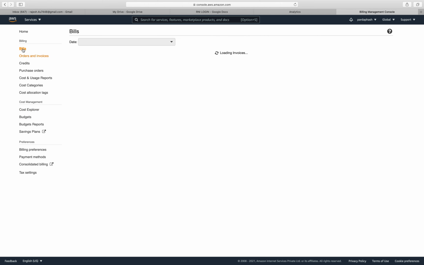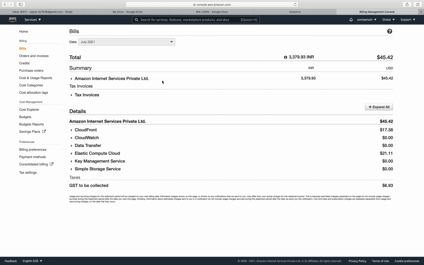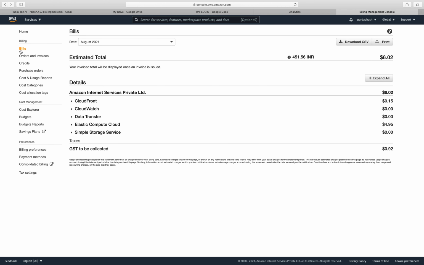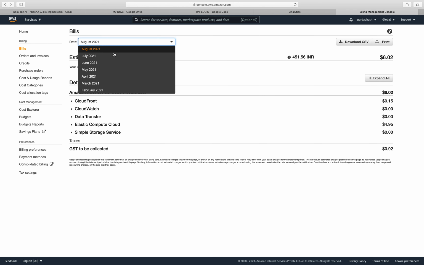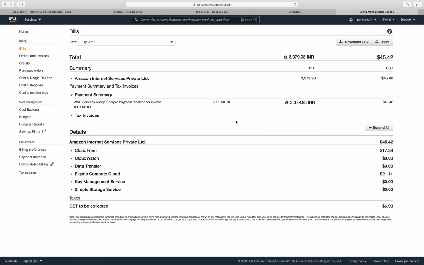And to check the billing, you need to click on bills, and after that select the July invoice. From here, my payment is still not updated, so it will take 5 or 10 minutes, and after that we will be able to see the payment summary. Now you can see the payment summary, the line item, and that today I just made the payment. So this is the whole process of how we can make a payment on AWS. Thank you everyone.